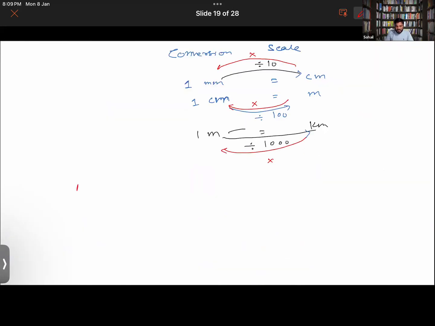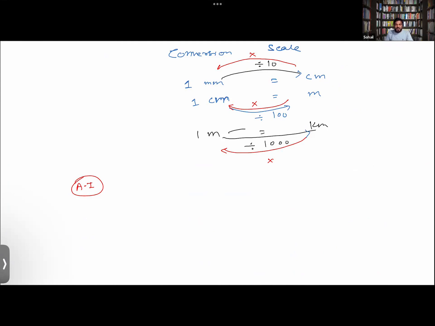So, Arham, what do you mean by additive identity? Sir, when we add 0 to a number, the sum is the same number. Good. Okay, what do you mean by multiplicative inverse, Arhan? Sir, the reciprocal of a fractional number. That is A upon B times B upon A. That should yield you 1. Yes, sir.